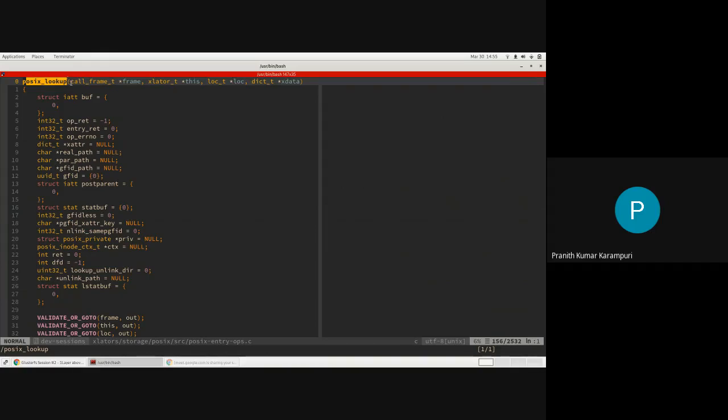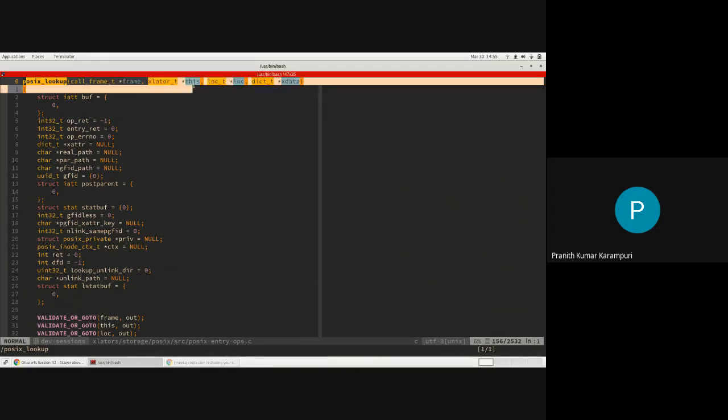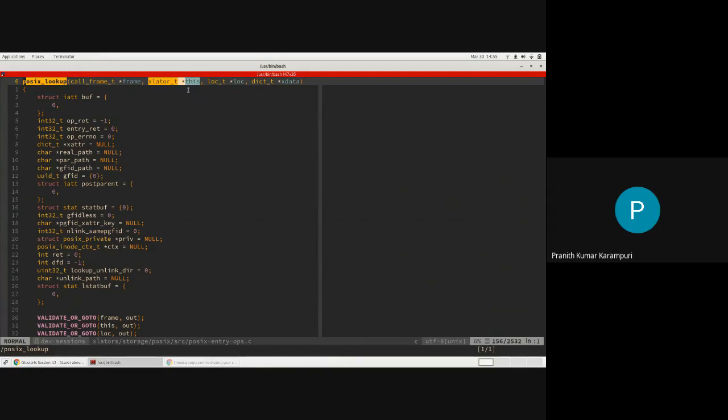So it is actually getting these arguments to the call. This frame is something that we will discuss in the fourth developer session. Xlator is something that we will discuss in the next session. So for now, don't worry too much about these two. But dict_t is like a dictionary in Python, a key-value kind of a thing that is implemented in GlusterFS.